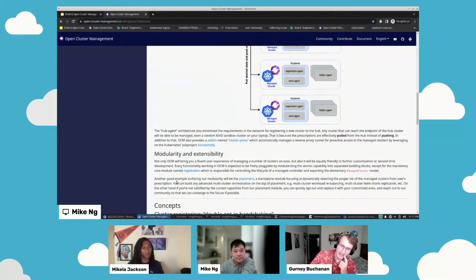I was going to say that we have a good question that lines up right here. So you said that by default it uses a pull model. So rather than having your hub component push down content to 2,000 different clusters, you have all of those 1,000 or 2,000 managed clusters pull work to do from that hub.